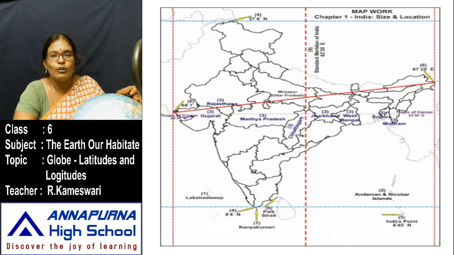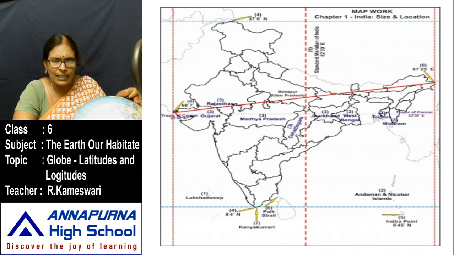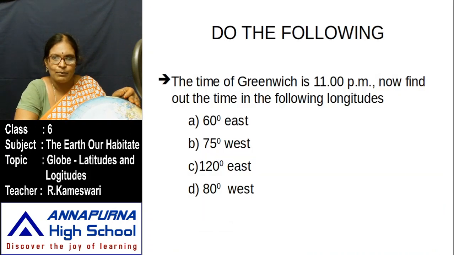Next, if you know the latitudes and longitudes, you can accurately locate a place on the map. Suppose our country is located from 8 degrees latitude to 38 degrees latitude in the northern hemisphere. At the same time, our India is located from 68 to 98 degrees eastern longitudes. If you draw the grid like that, you can find our India easily on the world map. That is our time zones and everything.